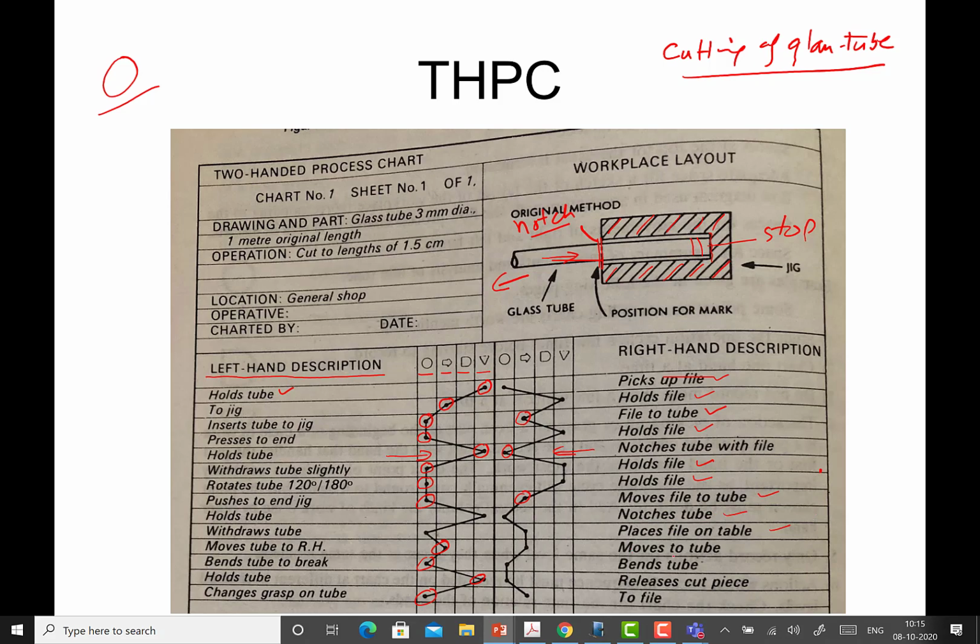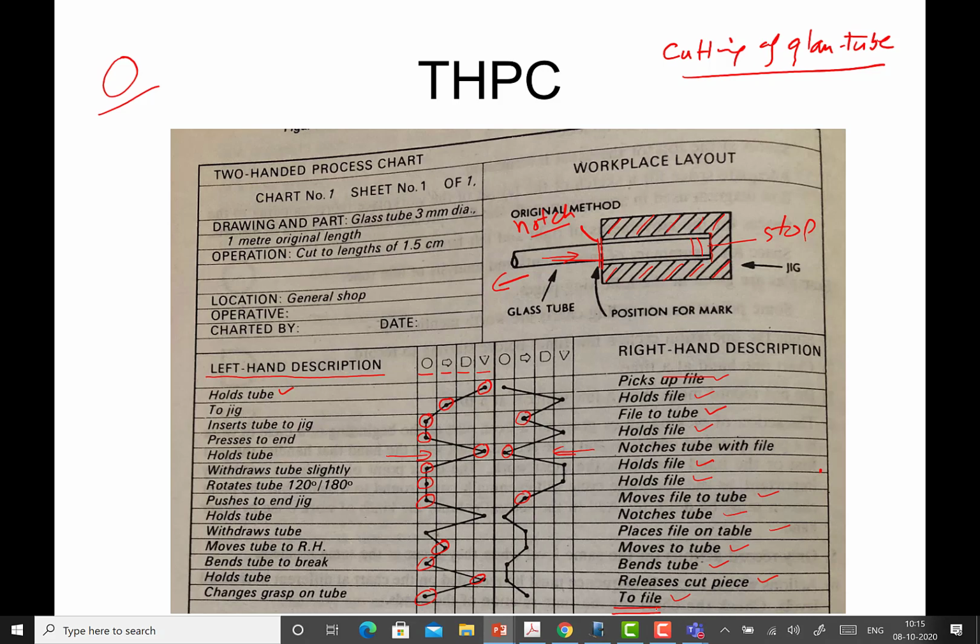So after placing the file on the table, the right hand is moved to the tube. The tube is bent by the right hand, then it releases the cut piece, and then again it starts to pick up the file. So the hand is moved to pick up the file. Here the operation is ending with the